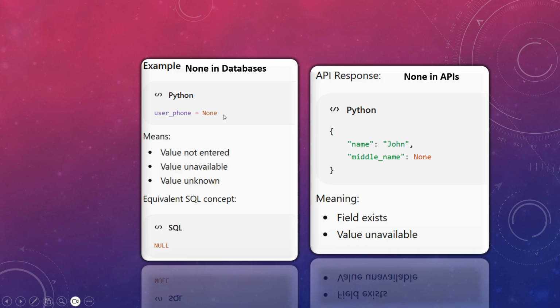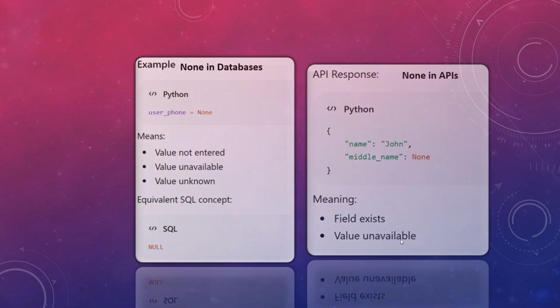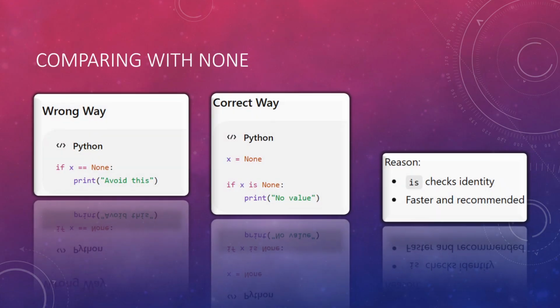So here in Python we type it as None, but in SQL this None type is saved as NULL values. They are called null values. Because even 0 has a value, 0 is representing something, right? Correct. But here None means absence of a value. So even in an API response, if the middle name is not present, we will use None there. The field exists but the value is unavailable. So these are some of the places where None was used.